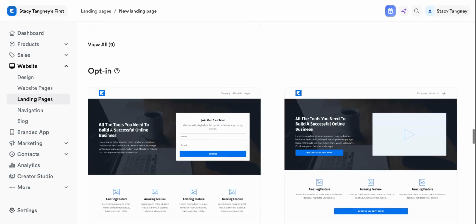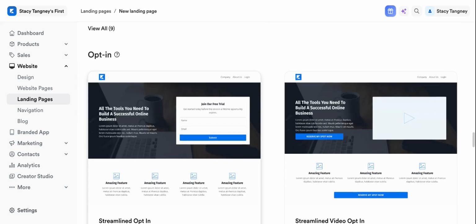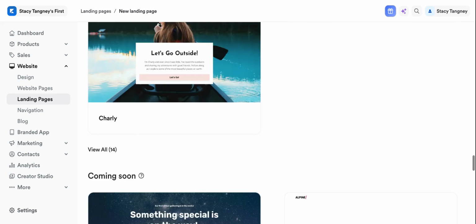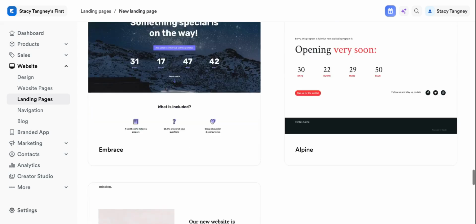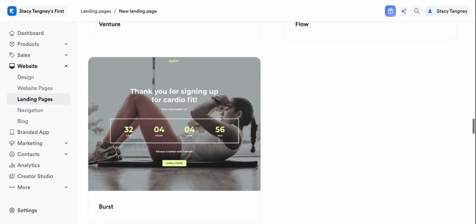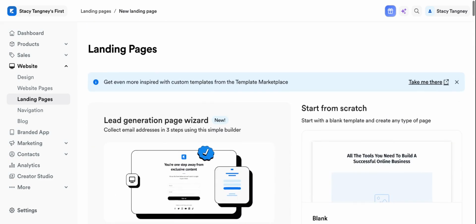Are you trying to launch an offer or an event that's happening in the next few days? Are you trying to get the emails of your target audiences? So you would want to create an opt-in landing page and things like that. So it's easy and actually really good to figure out what you want to get out of these landing page